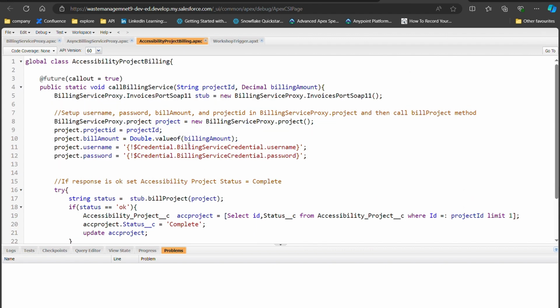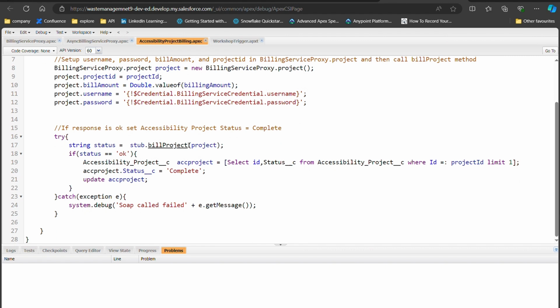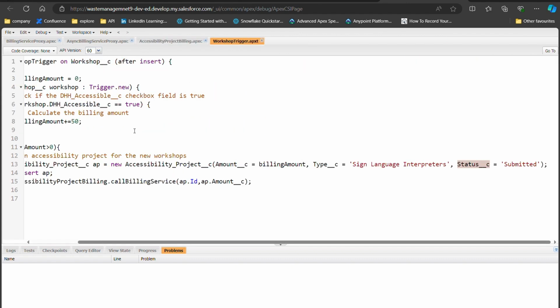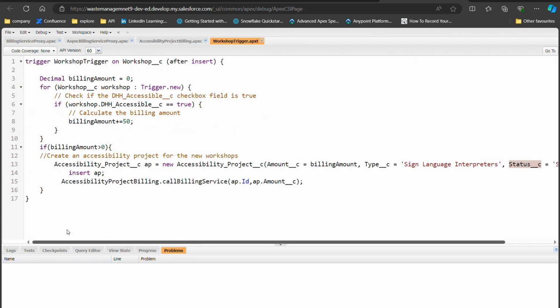Like we wrote the functionality for the callout. Now let's test it. Is it working or not? To test it, what we have to do is just create a record on the workshop object with the DH accessibility checkbox true, and